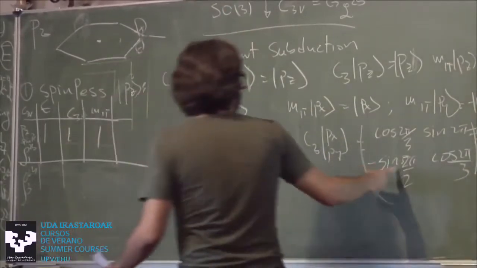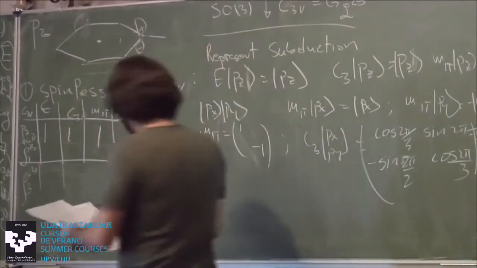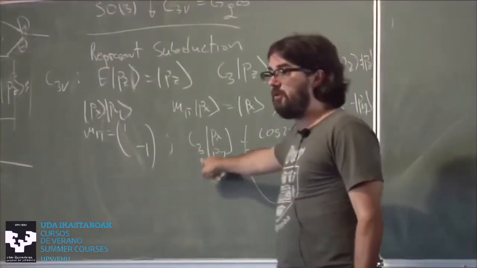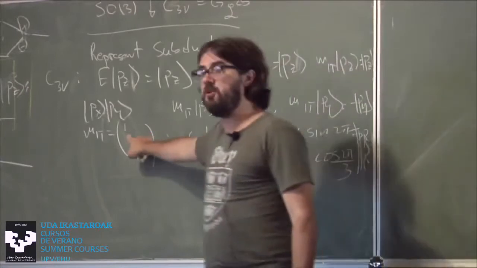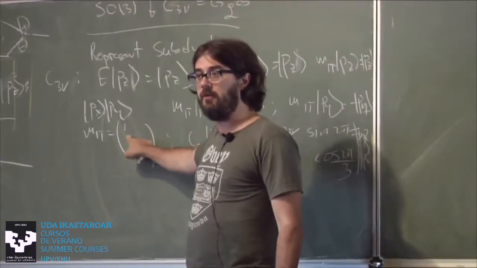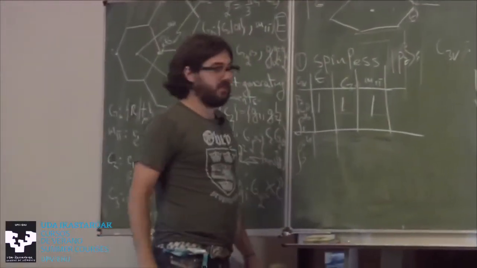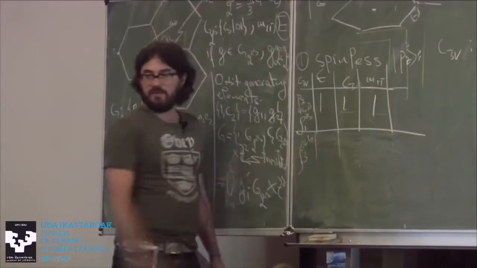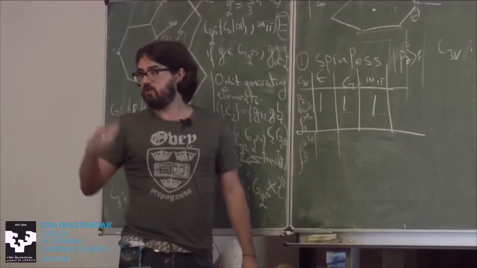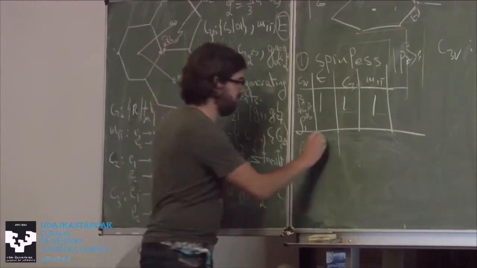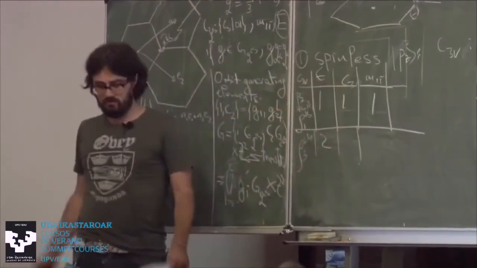Okay. What's the character of this guy? So now fundamental thing number 1. You can see that C3 is represented by a matrix which doesn't commute with this one. So now the representation is two-dimensional irreducible of Px, Py orbitals. So I have to be represented by matrices. What's the character of the identity? What's the trace of the matrix of the identity? 2. What's the trace of C3?